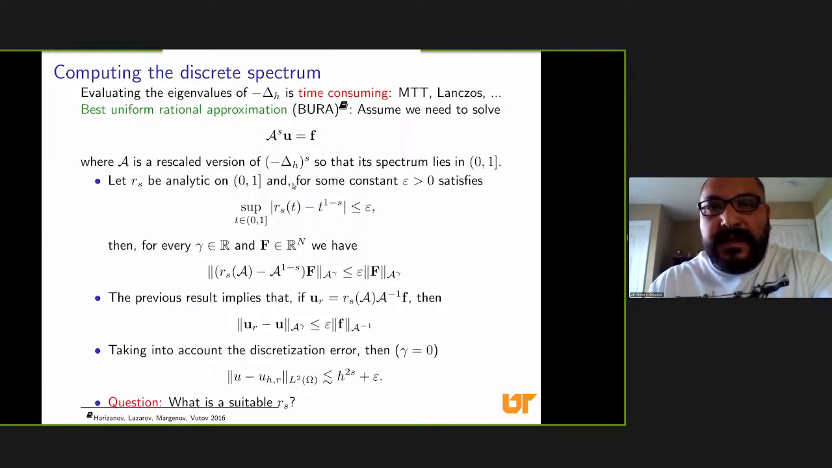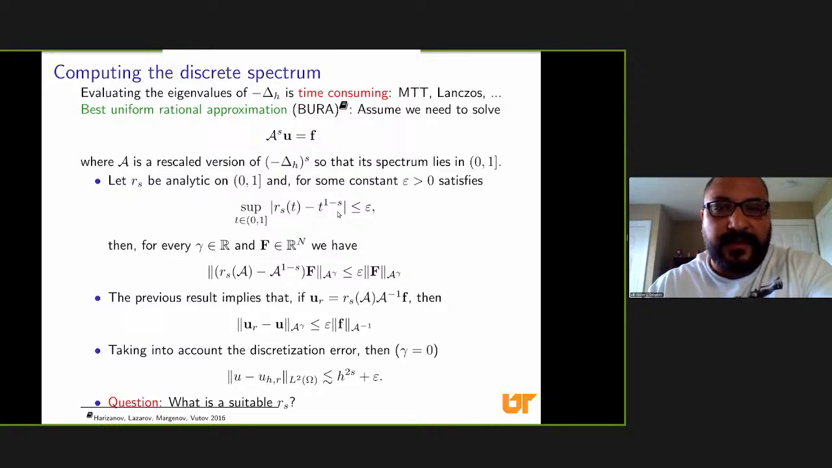in which, let's say that now we're at the linear algebra level. So these are matrices that come from these discrete problems. And so you need to solve this problem: A to the s applied to u equal f, where A is some sort of rescaled version of this discrete fractional Laplacian. What you're going to do is try to come up with some analytic function that approximates this function,